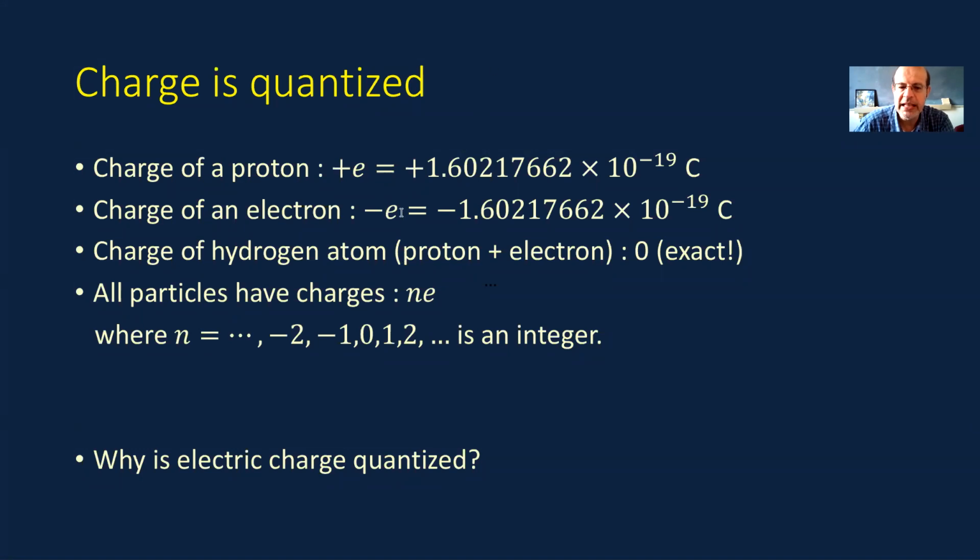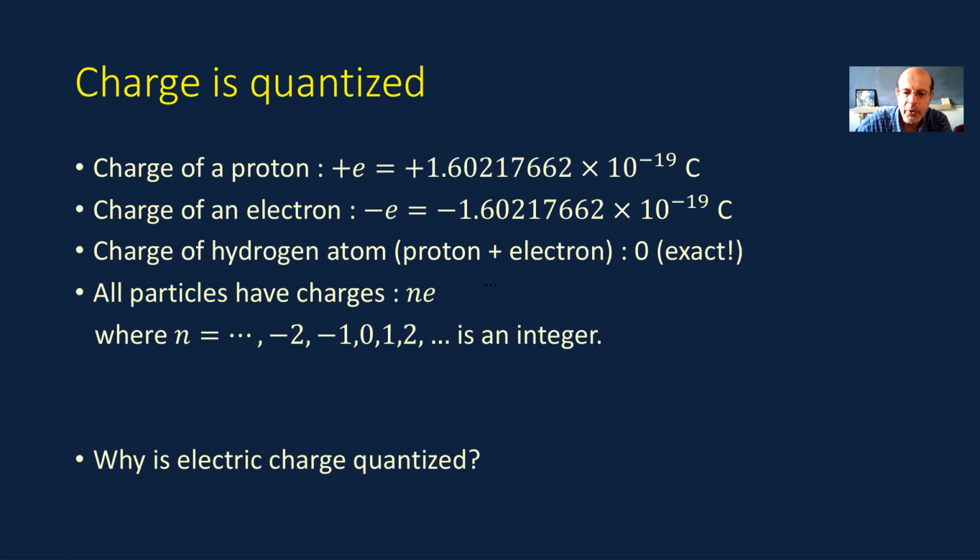Basically, the charge of the electron is exactly equal to -1 times the charge of the proton. And there is no difference between these two, which means if you form a hydrogen atom, for example, the total charge of the hydrogen atom would be exactly equal to 0,